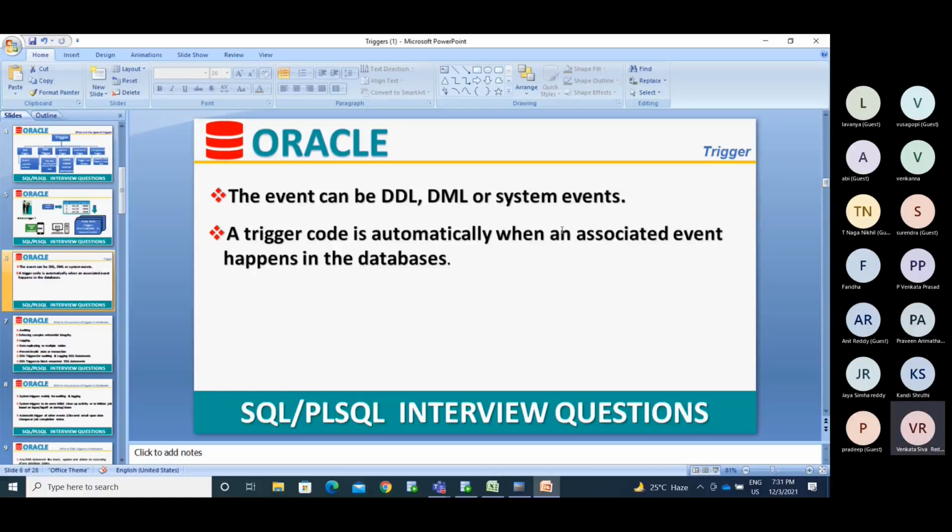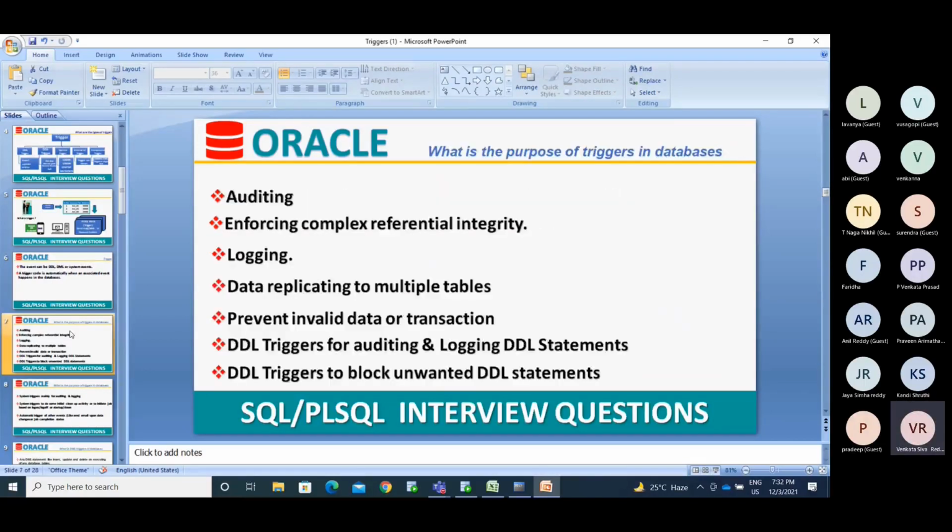Just as DDL commands are auto-committed and DMLs are not auto-committed, this trigger is automatically fired when the relevant event occurs.